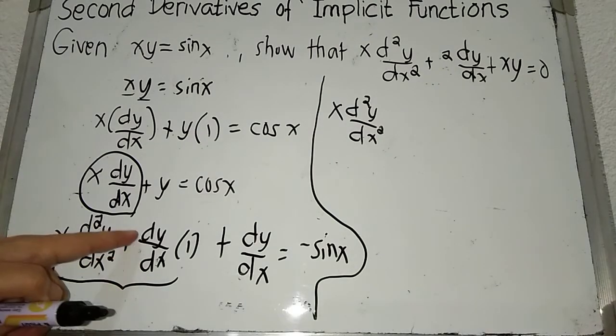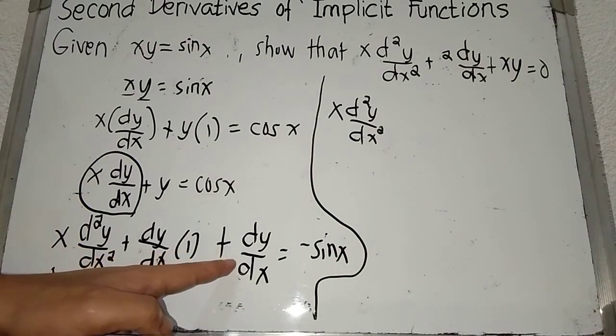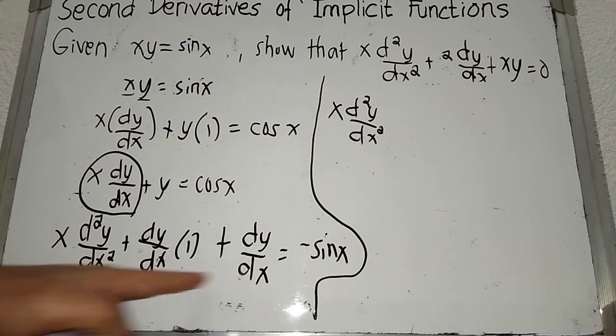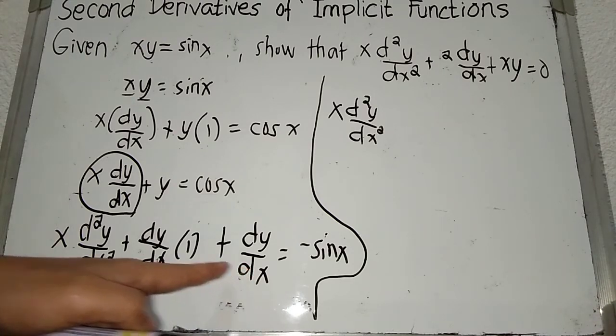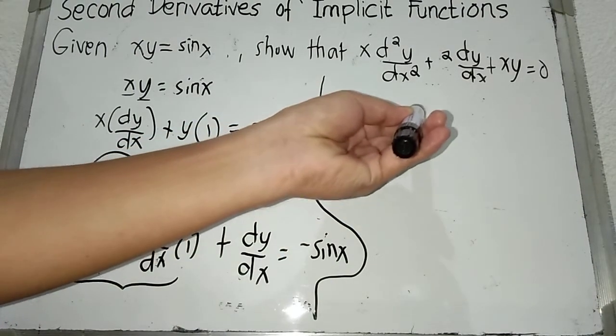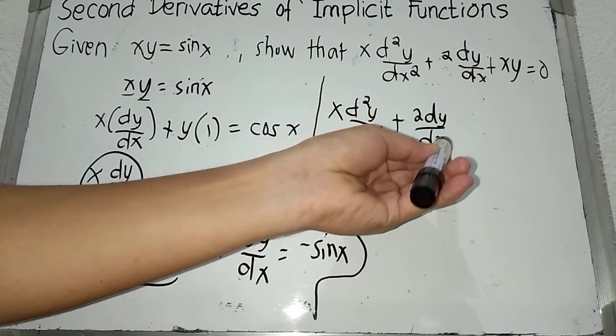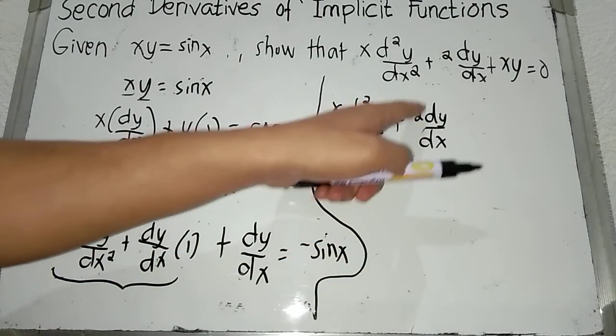And then what is dy over dx times 1? It's itself, dy over dx, plus dy over dx. That's similar term, second and third term, so that would become 2 dy over dx. So plus 2 dy over dx, or you can write that way,